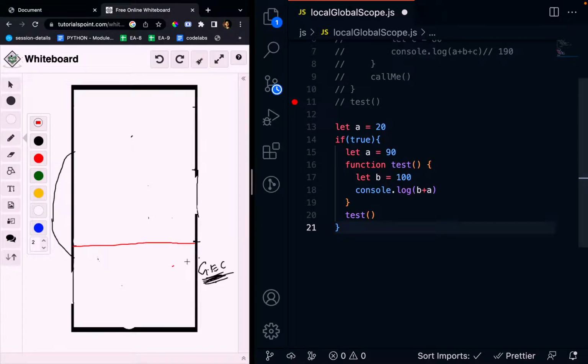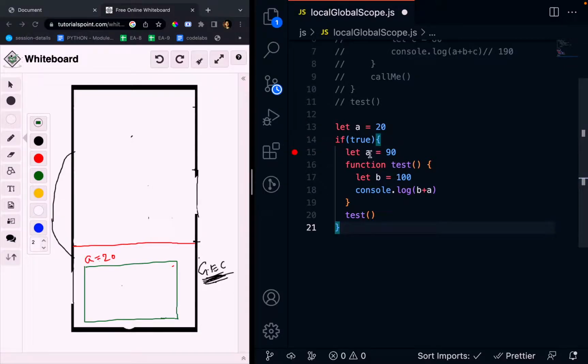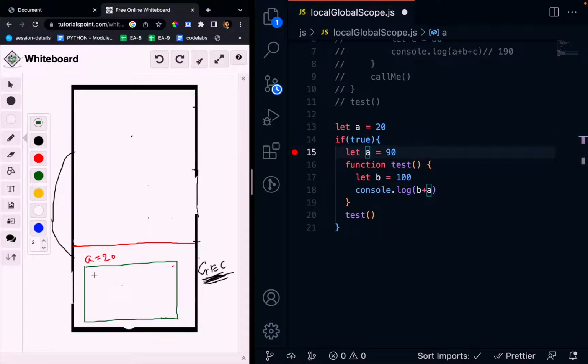Firstly, global execution context, and control will start from line number 13. So at line number 13, a variable a with a value of 20, and then the condition is true. So since the condition is true, what should happen? A block should be created within that context, just like this, and we enter into the block, and the control will move on to line number 15, where another variable a is declared with a value of 90. So a will be declared with a value of 90 within the global execution context only, and then control will